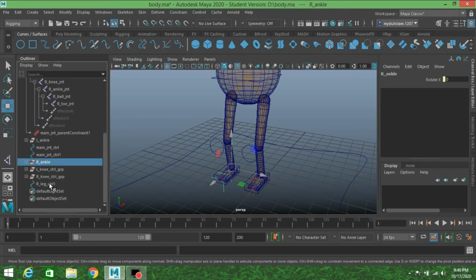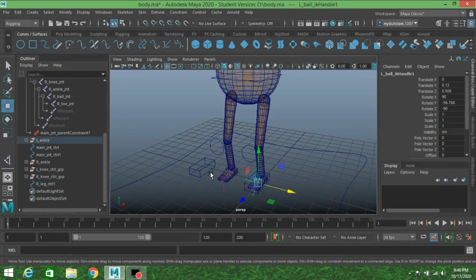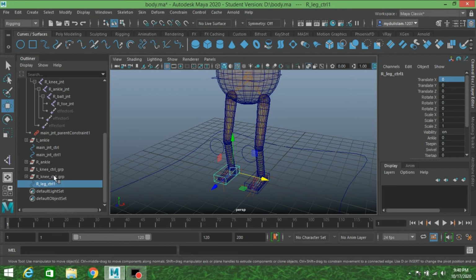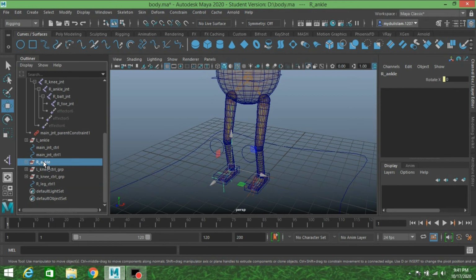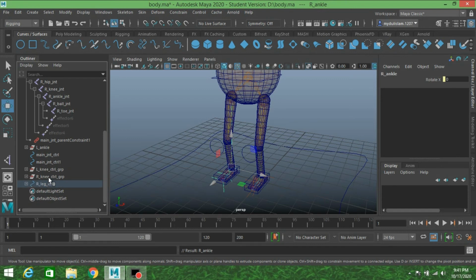Select the right leg controller. It is moving freely. So select the right ankle group, shift select the right leg controller and parent it.